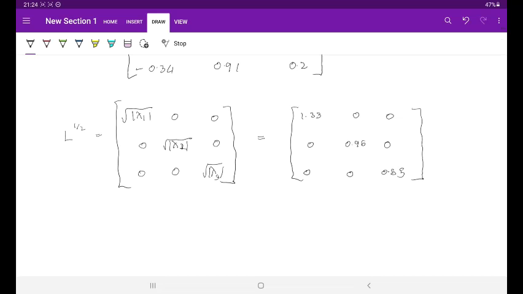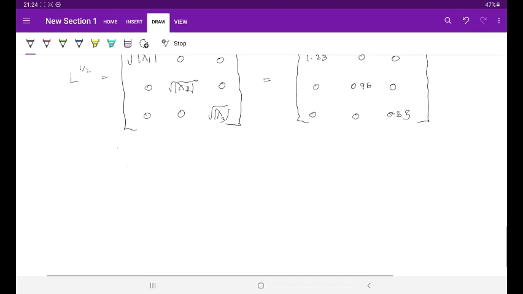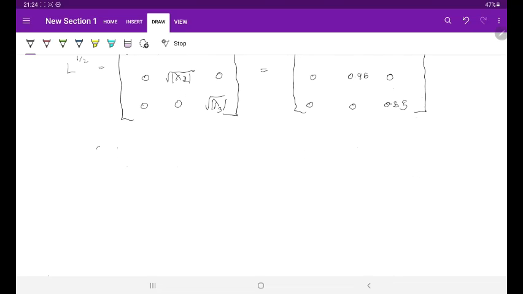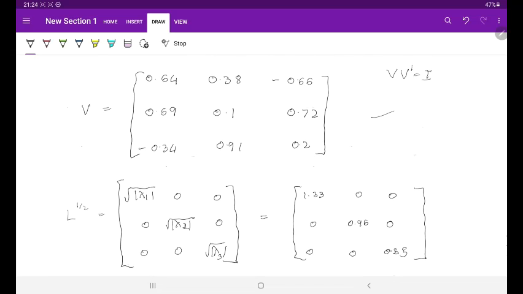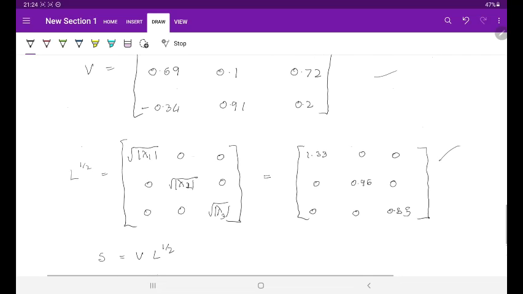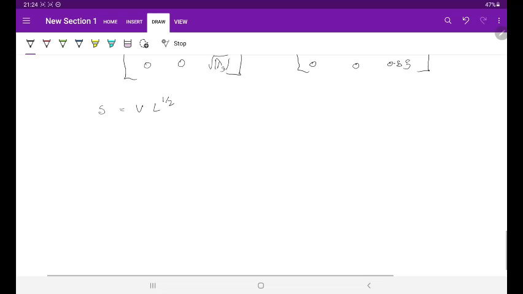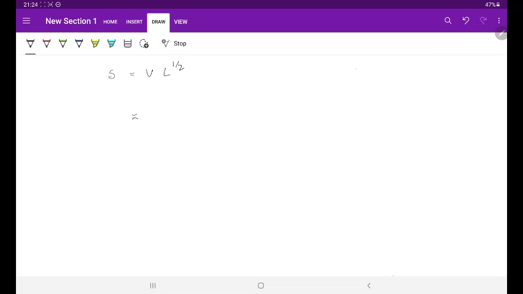Now we need to find the factor structure S. The S is equal to V into L1 by 2. That is, we need to multiply this matrix with this matrix in order to get S. So the value of S would be,